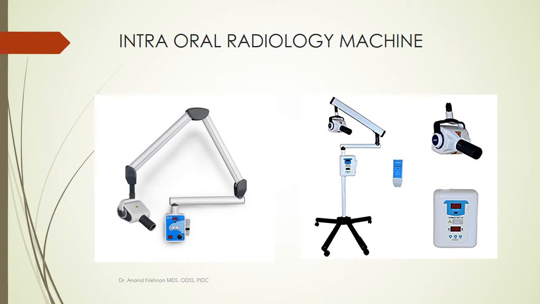But just remember this: either be it a wall mounted or a mobile unit, the basic constituent or main parts are three structures. The first one is the tube head, which you see at the further end with the projection out of it, in the far right top corner. That is called the tube head. You can see it is present in both the units.